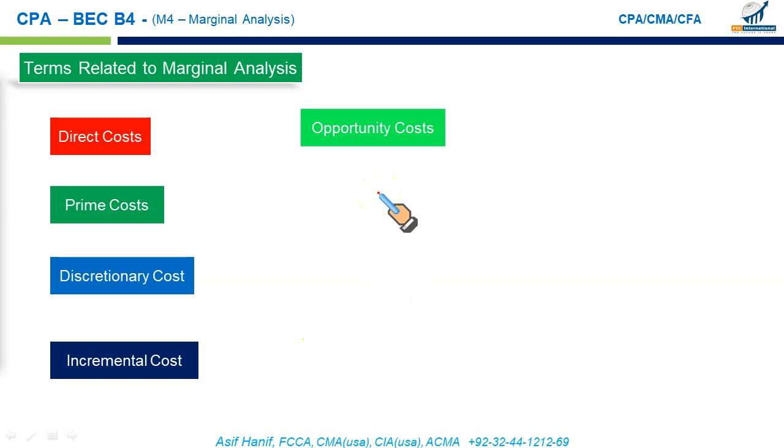I'm sure this is the term you would have encountered in your earlier studies in your elementary accounting courses. Opportunity cost is the benefit foregone. It's the cost of foregoing the next best alternative. Let's say I have 10 kgs of material which I can sell in the market for $5,000. Right now, it's a unique material used in certain products manufacturing. I decide not to sell it in the market, rather use it in producing a product X. What I am giving up in order to produce X, this is the opportunity cost I must consider in the